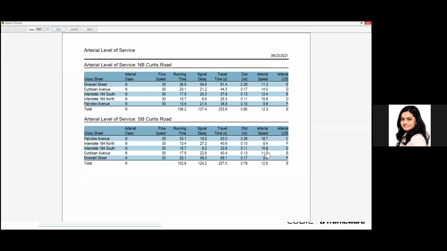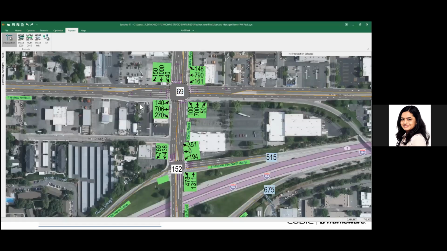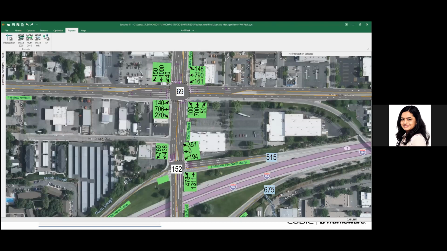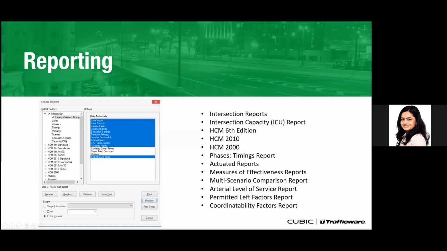It creates an arterial report for me, including the level of service, the travel time, the signal delay, the speed, and all those good things. If you have multiple arterials, you can choose them as well. You can save the information as a PDF, also as a text file, so depending on what you choose, you can select them. Okay, so I think that was it about